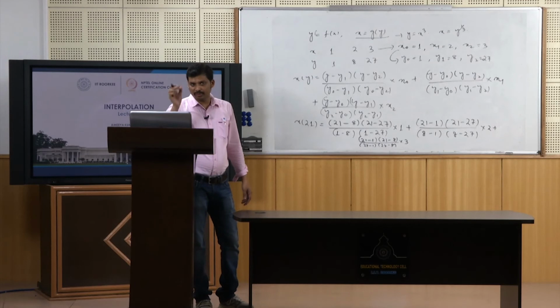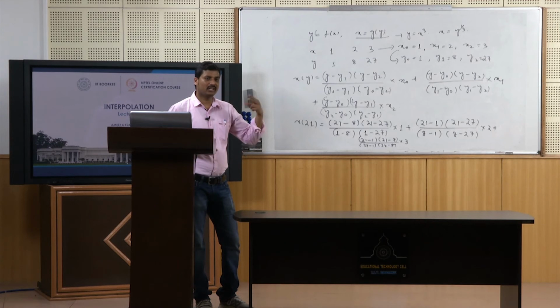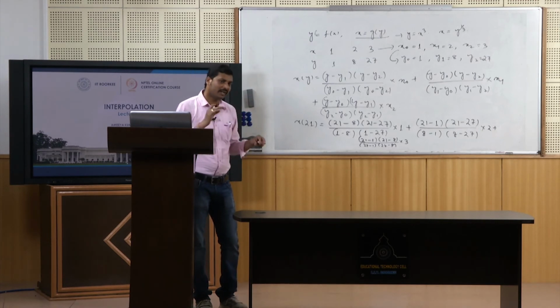So if we go for this error computation here, we can find the exact cube root of 21 as 2.7589. And if we want to compute the error term in the case of the Lagrange interpolation polynomial, the generalized interpolating polynomial error that occurs in our finite difference operator, the same we can find. In a generalized form we have obtained that as R(x) equals